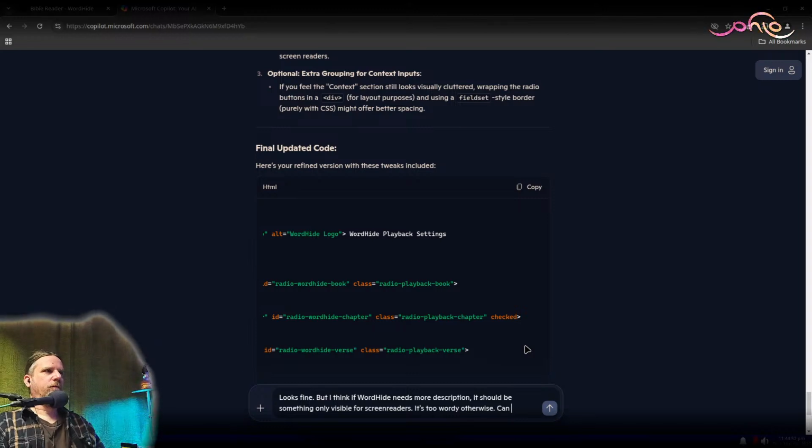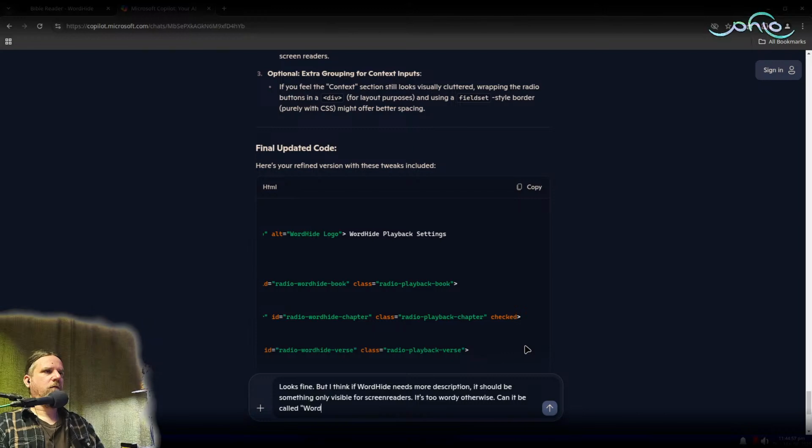Can it be called word hide meditation mode, but only in something screen readers will pick up on? I want it to just be called word hide in the standard view.